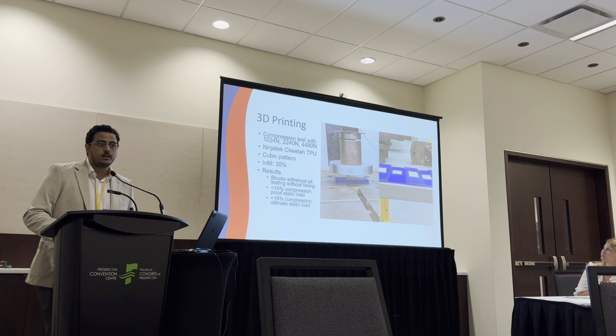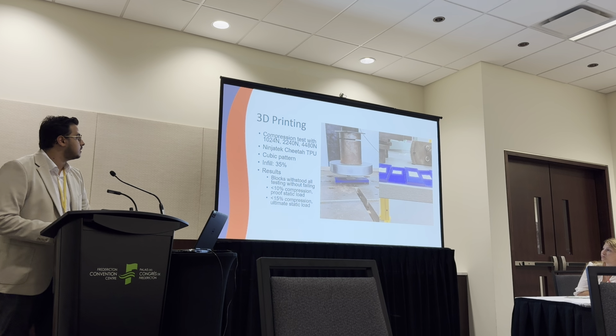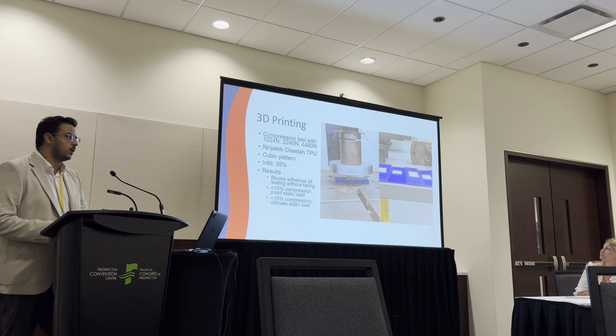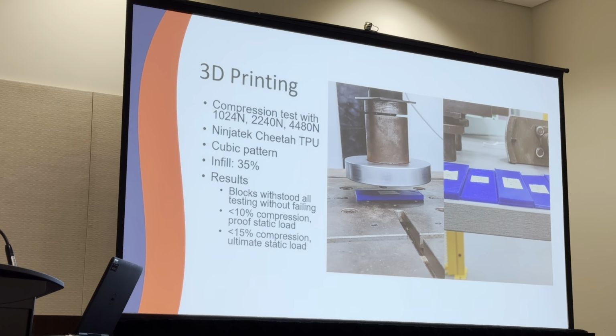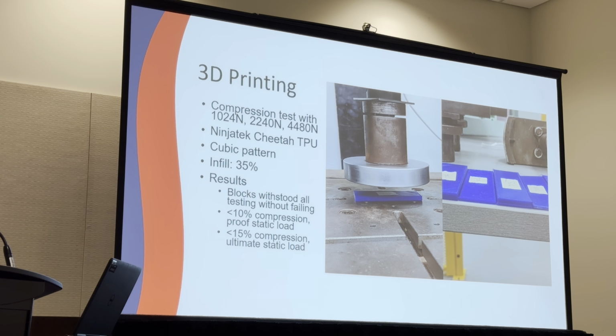Once we had the shape ready, we moved on to 3D printing. And you can see here, after talking to a prosthetist, we asked them what they think the insert thickness will be, like a range of thickness. They told us that it's going to be between 3 millimeters and 7 millimeters. You can see here, this is an example of a 3 millimeter, and this is the 7 millimeter thick